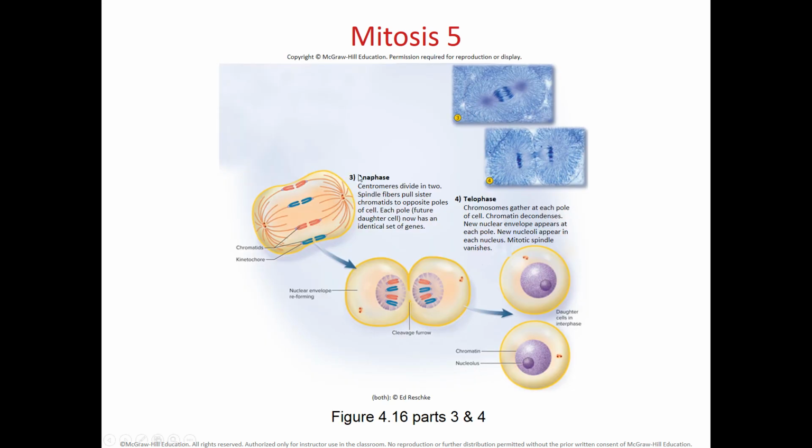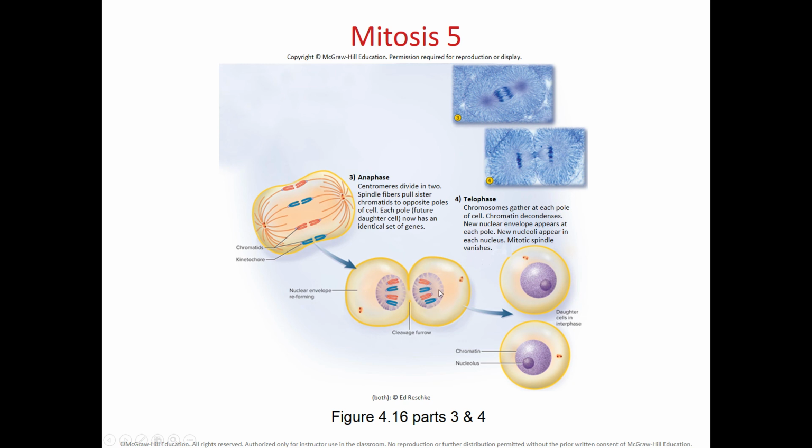So then this is what happens during anaphase. Again, you have these microtubules attached to this part of the sister chromatids, and then the microtubules start shortening, and they're migrating toward opposite poles of the cells. And as this is happening, you start making a new nuclear membrane, and then you have 46 chromatids,